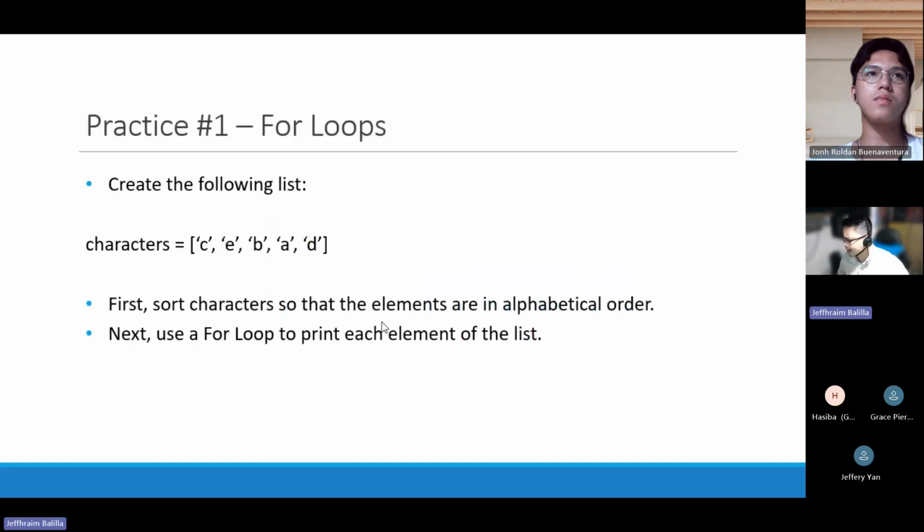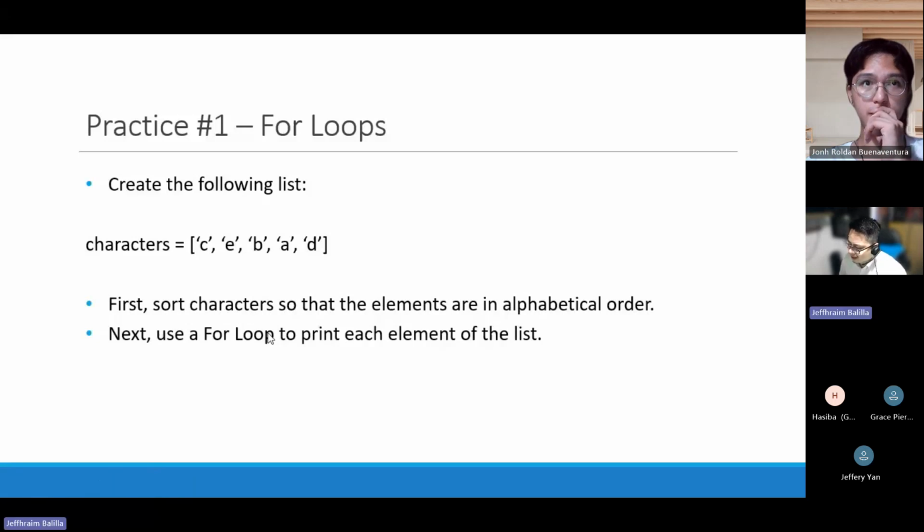Okay, so let's have a practice. This is basically similar to what we did earlier. We have to create first a list, and the name of that list is characters. It contains these different letters, different characters, and there's a catch here.